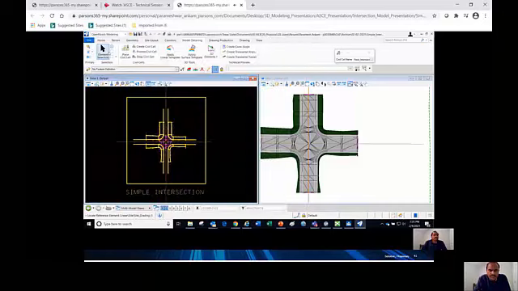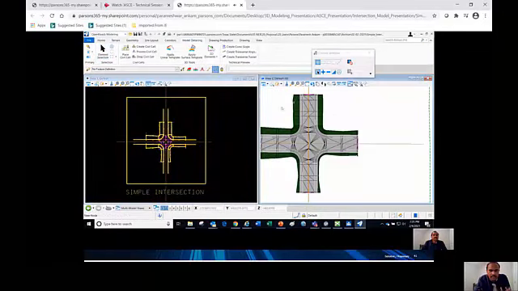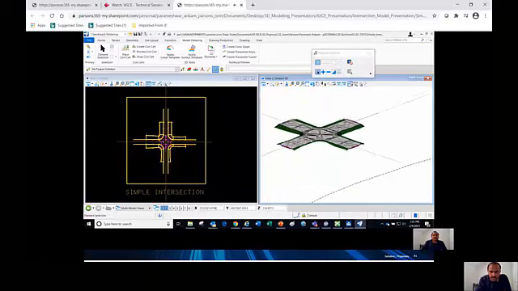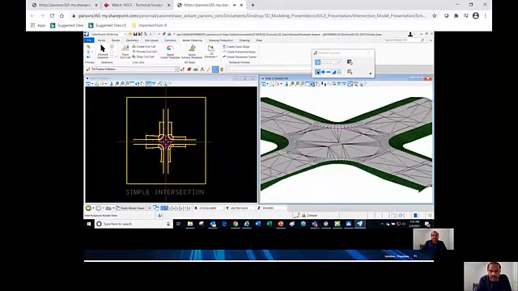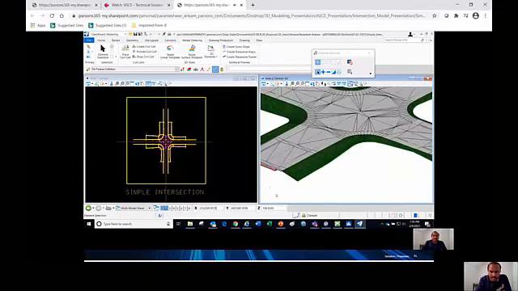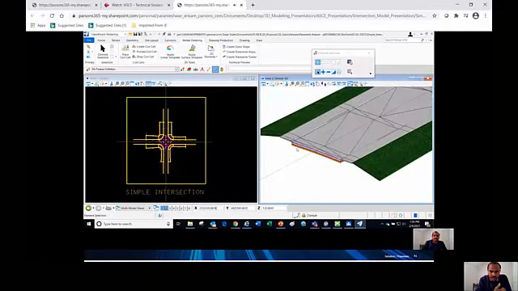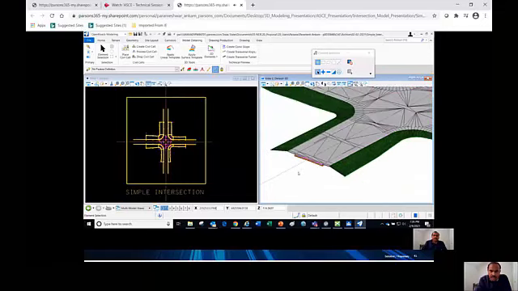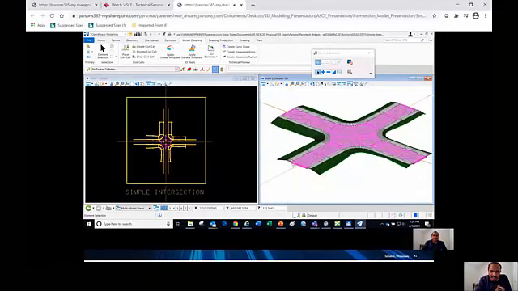There you go. As you can see on the right side window, the 3D model is produced with just 2 clicks. Previously, it used to take at least a day or so to develop these detailed intersection models. Now the 3D model can be developed very easily with just a few clicks, and this information can be modified at any time after the cell is placed. You can change the width of the roadway, the width of the sidewalk, and the radii information to fit custom needs.